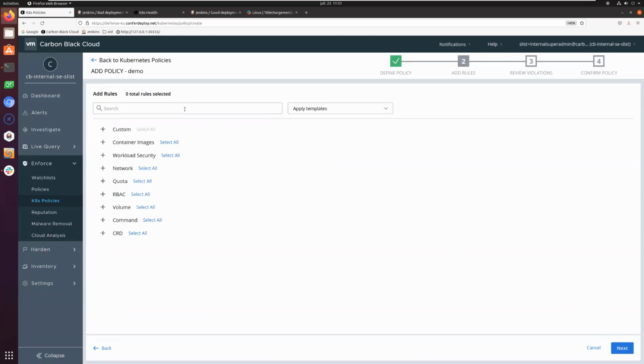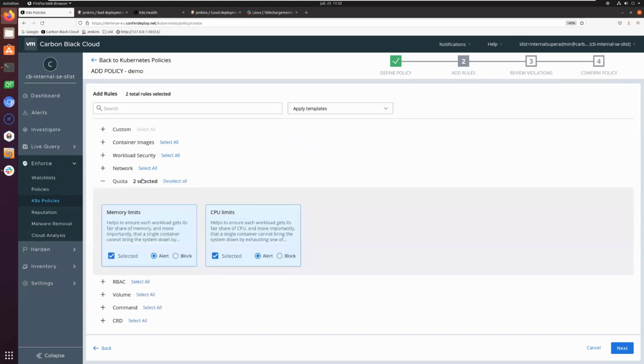We'll create a policy. When we create a policy, we can use templates. We provide basic, restricted, and CIS benchmark templates. But just for simplicity, we'll just use the memory limits and CPU limits. And before using it, I will just explain.